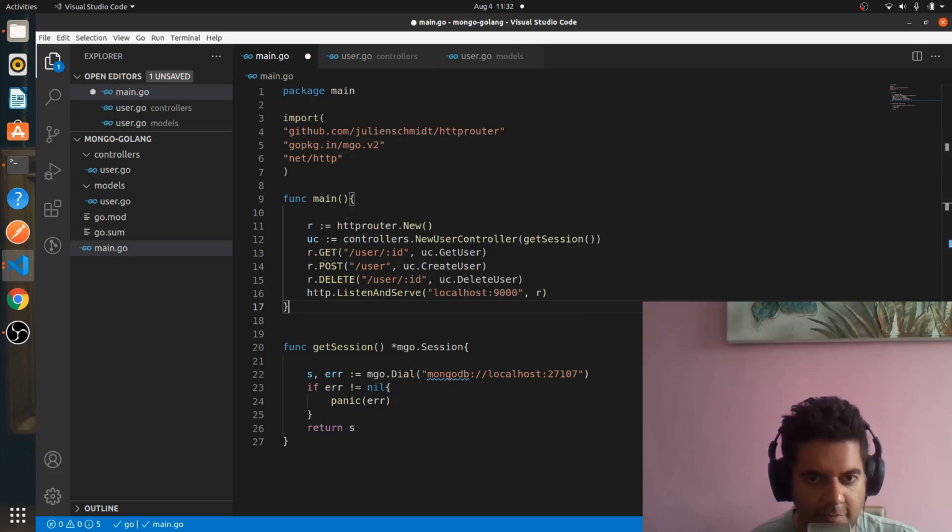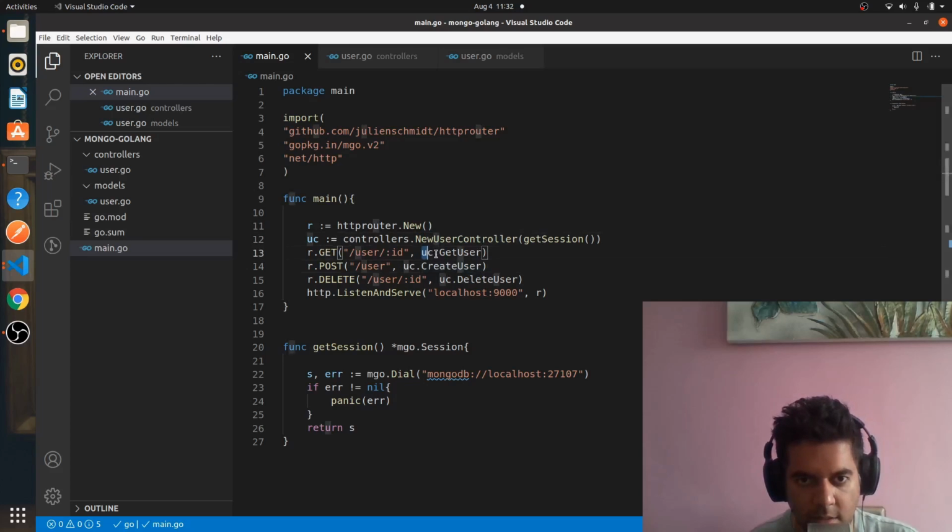So we have our main file in order, and we have our models file in order, and now all we need to do is start working on our controllers file. In the controllers file, you'll have these three functions: get user, create user, delete user, and you'll also have your new user controller function. So let's head over to our controllers file,